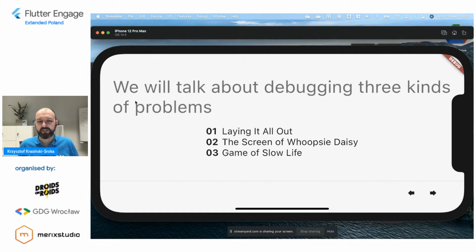We actually talk about 3 kinds of problems. Problems 1 and 2 are quite common, so I guess they will be most interesting to any kind of people. Problem 3 is a problem with performance, which fortunately in Flutter doesn't happen all that often. But if that happens, I'll tell you what you can use to actually debug this.